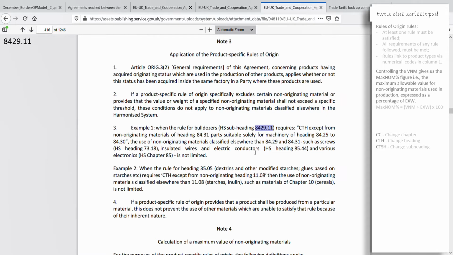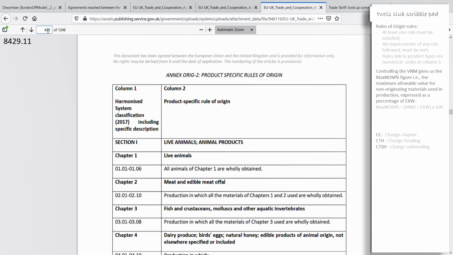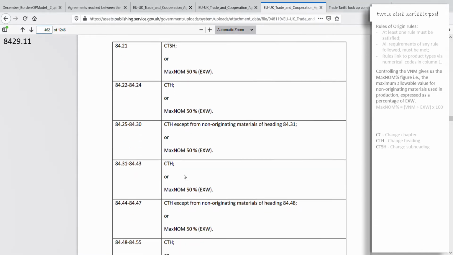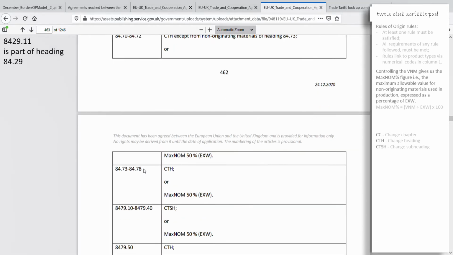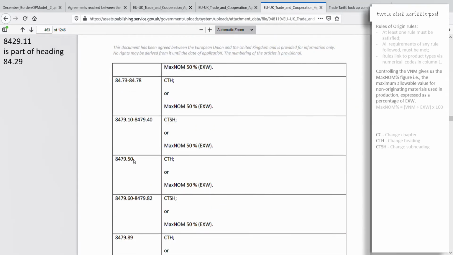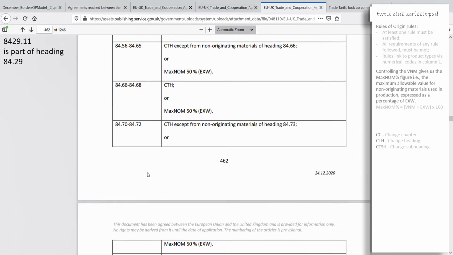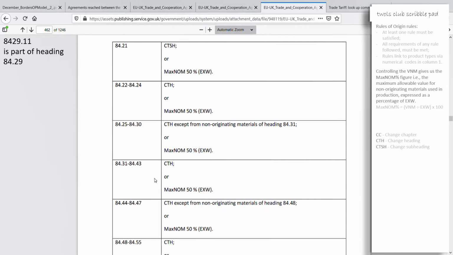And jump back to Annex Rig 2, Product-Specific Rules of Origin. And then down to page 462. Where is it? Okay. There it is. A quick word on these dots and digits. As far as these classifications are concerned, this dot visually helps to identify headings and subheadings. A heading will be 4 numbers with a dot in the middle. A subheading will be 6 digits, where the last 2 are separated by a dot. And I'm guessing the dot is purely a visual aid to help identify headings and subheadings. I don't think these numeric codes can be used in calculations. So, these dots are just dots. Not numerical points, as it were. And chapters are only represented by 2 numbers.